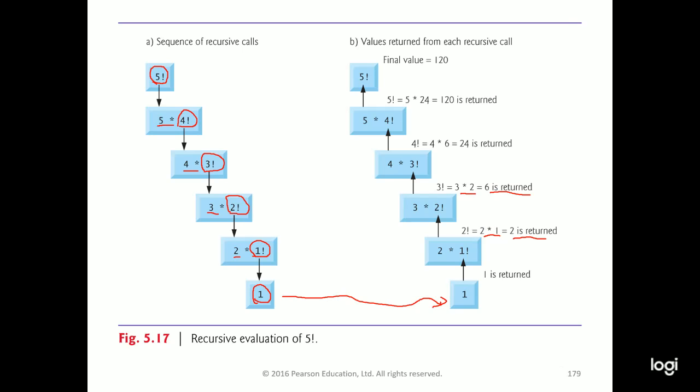The one that called it is still in the call stack, so it says, okay, I had 4 times, and what was the number I was supposed to multiply 4 with? The function I called tells me I should multiply by 6, so it multiplies by 6 and returns 24. 24 goes back up, gets multiplied by 5, and 120 is returned. That's when you get back to the original part of the program which first called the factorial function, and it gets a value of 120, which is then used in the calling part of the program. So that's how it works.